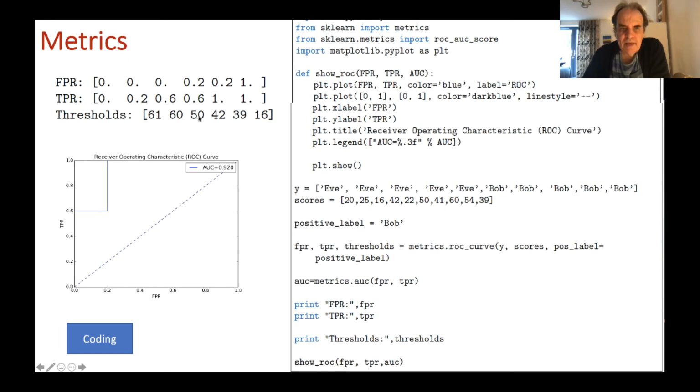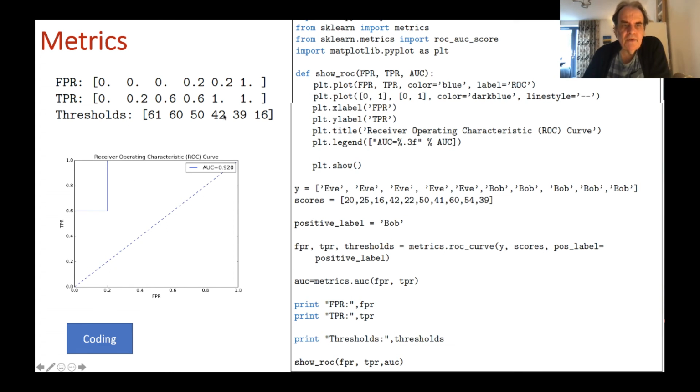If we take the 50 now, so the 50 will mean we will have a true positive here, and another one, and another one. So there'll be 3 out of 5 for true positives. So we'll get a 0.6 value here. Okay, we can now plot our first point, which is 0, and 0.6, which gives us this point.